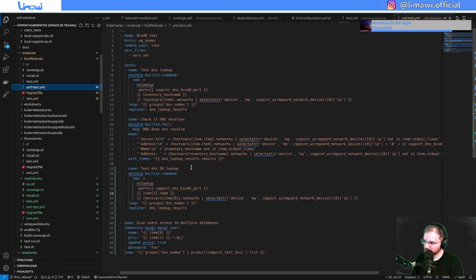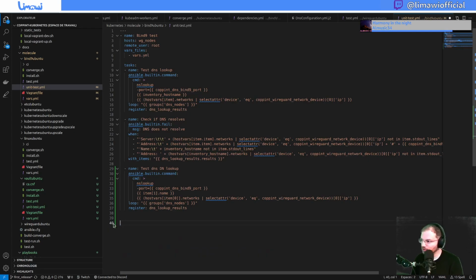Yes. And I want to ensure that it fails when test DNS declared lookup. And I want to ensure that it fails if DNS declared